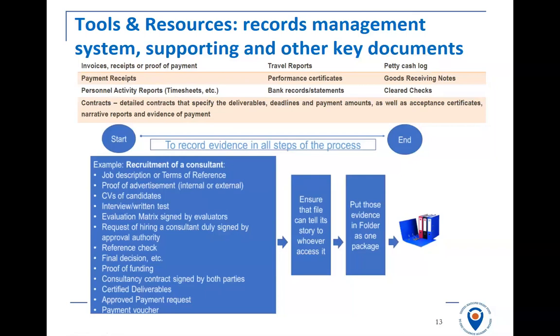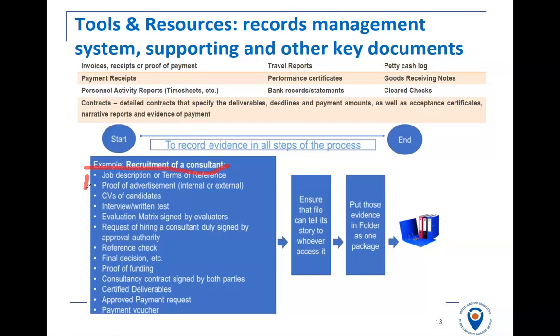The example presented here is for the recruitment of a consultant. So if you're recruiting a consultant during your project to complete a project activity, you would also need evidence that you did the procurement process in a rigorous way, in accordance with procurement guidelines of your office. So in this example, recruitment of a consultant, we would expect to see on file, as well as the payment down the later stage,